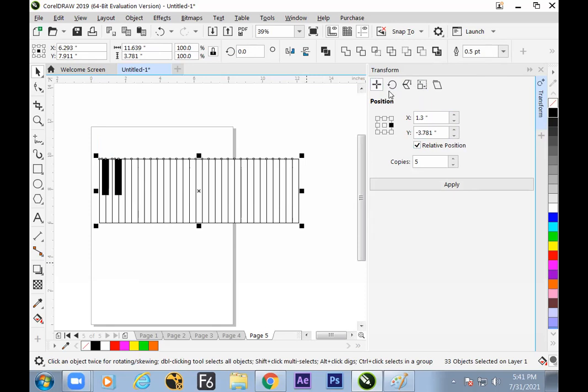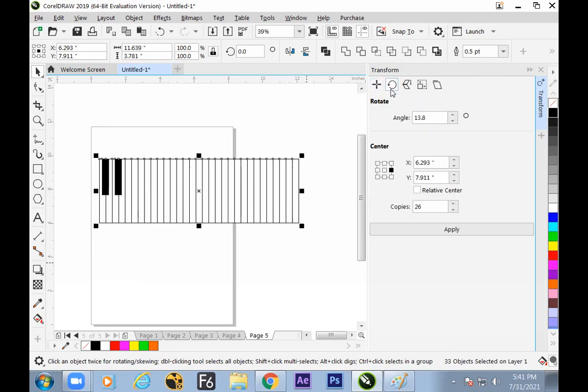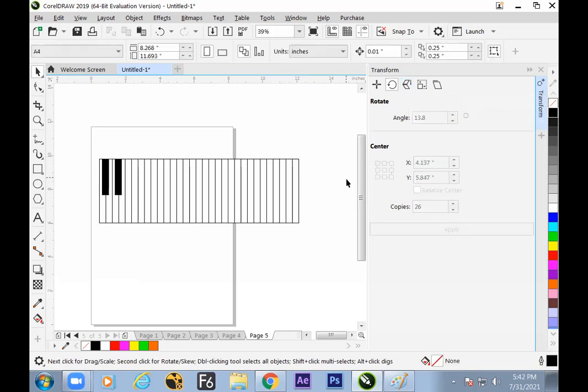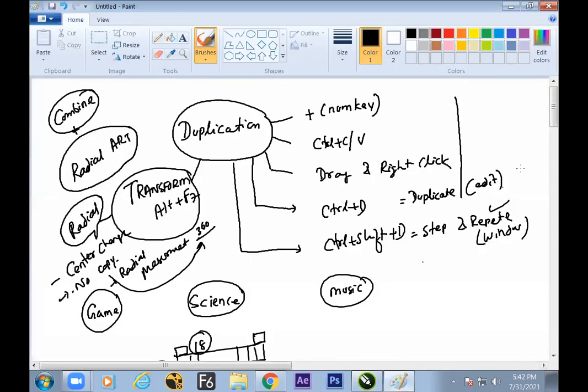Duplicating with measurement, duplicating with degree calculation, and duplication or multiplication with scaling and mirror. Fine then. So hope we try to catch the eye on the transform side, and now the task.